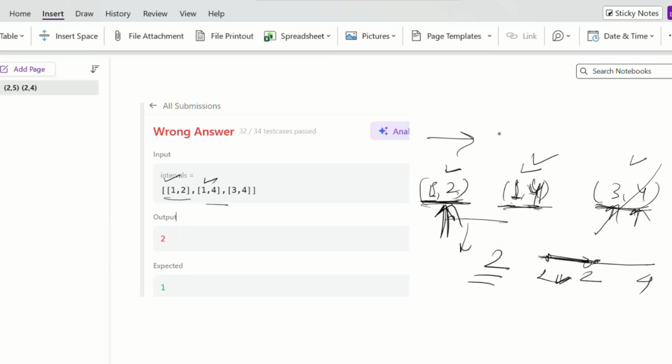So what we can do is first sort on the basis of the first index, and then sort based on the second index such that the greater element comes first. So 1 comma 4 will come first, then 1 comma 2, then 3 comma 4. If both first elements are the same, then the greater second value will come first.